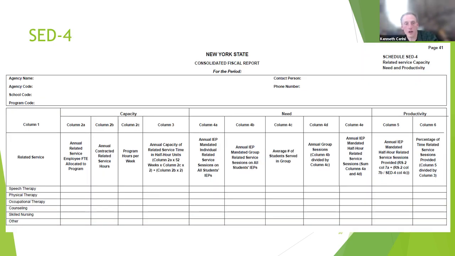Moving on to SED4, as I mentioned, that first column, which is your salary column, column 2A, and your second column, column 2B. That information you have to pull directly from CFR 4 and CFR 4A and transfer it over to here. The purpose of this schedule is to really look at the related services that you have and to determine 2